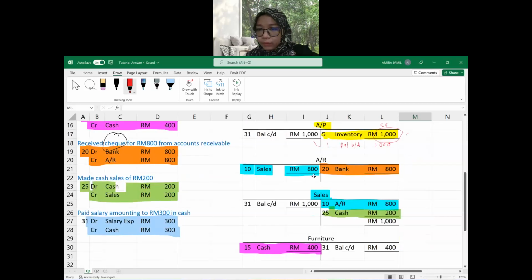So we have a account receivable. We have 800 sale, and then kita bayar pula account receivable ni dah bayar 800. So it's balance. So there's no more balance brought down or balance